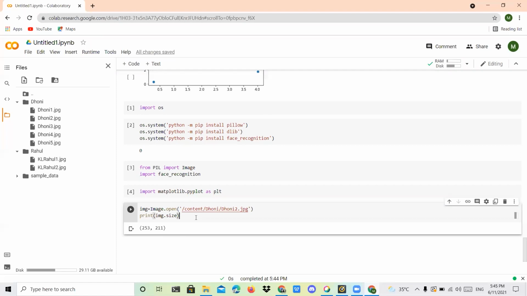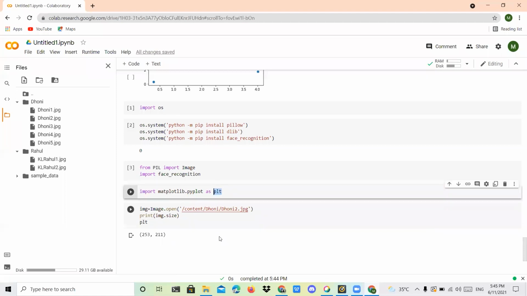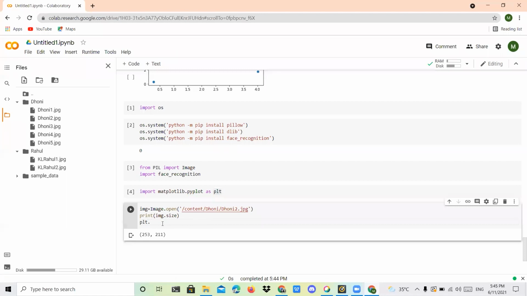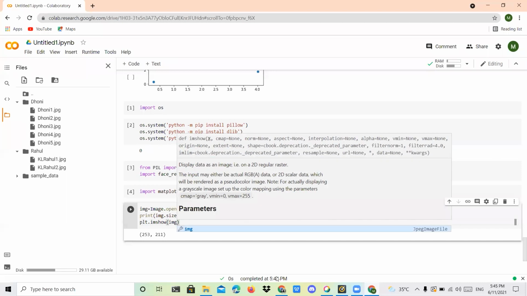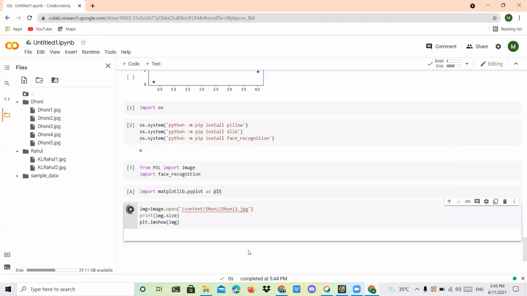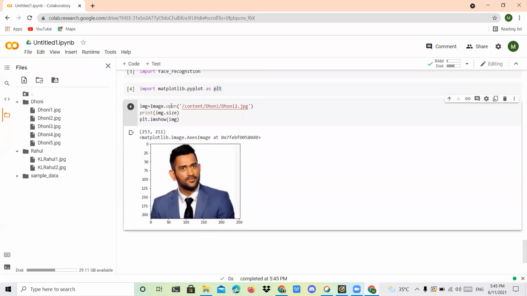And also I want to display this particular image on the screen. So you can call the plot library dot imshow. These particular things are predefined. Within imshow, you have to mention your file name. So this is the image that I loaded. Now you can check. Yes, it shows like this. Okay, very simple. First, you open your image. Then where it is available, in that place you can pass this particular library syntax.